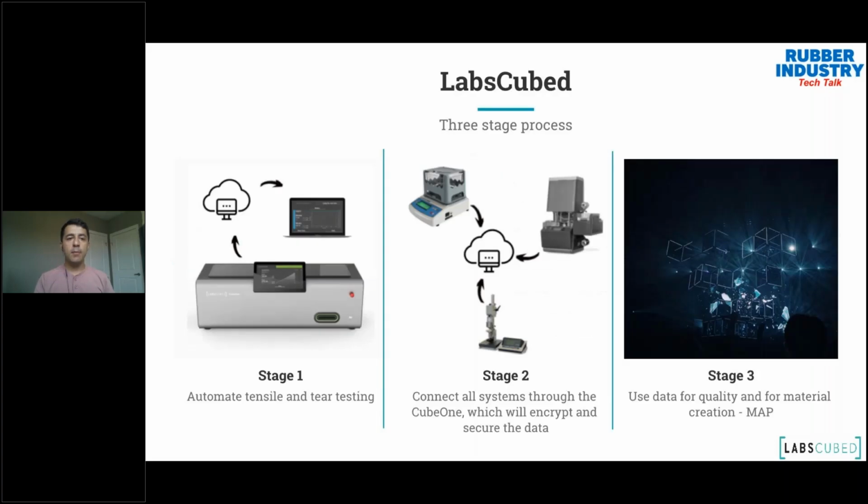We think it's a multi-stage process that most customers we've seen go through that are more successful. The first step is looking at some form of automation in the labs so that you can start that clean data collection process, along with thinking about a software that you can plug in for that data to go into, whether it's Uncountable or clean software, or your own LIMS system that can go cloud-based. So that's stage one, and it could be any automation, really. Again, it doesn't have to be just whatever we're creating. There's other great automation out there from other companies.